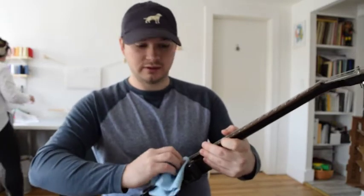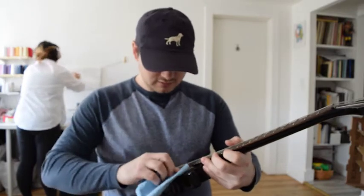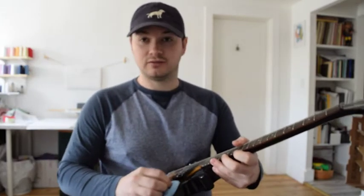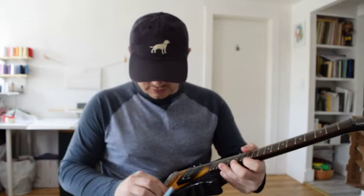You know, if you have a really old, beat-up guitar, this is probably all you really have to do to make it look like a much, much nicer instrument. But it's always the first thing I do, and it really...